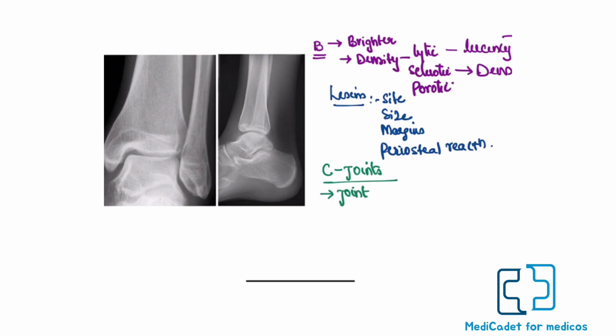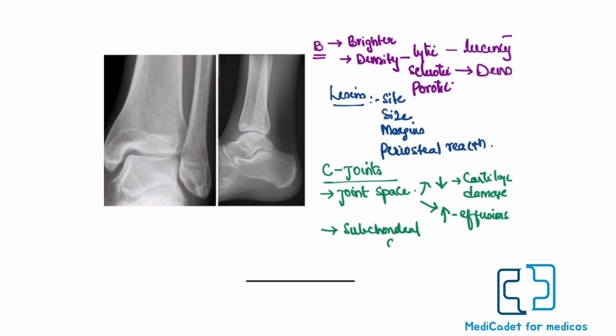joint space. This space is darker on X-ray, but it is occupied by the cartilage. Whenever there is cartilage erosion or cartilage damage, there will be a decrease in the joint space, and sometimes there might be an increase in the joint space because of effusions. So you can see an increase or decrease of the joint space, and then you can comment on your subchondral cysts